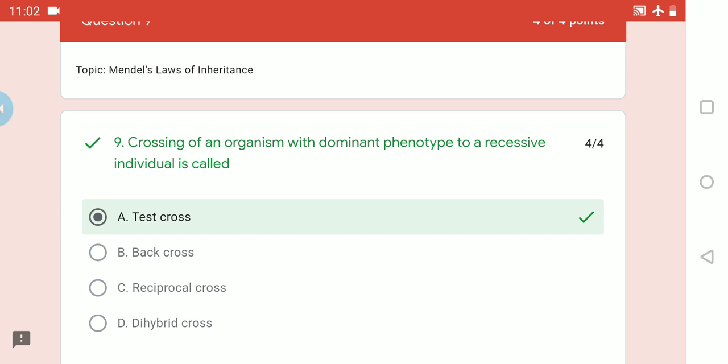So when we take the example of tall and dwarf, we conduct the test cross between capital T small t and small t small t. That's what we call a test cross. Did you get it? The dominant, meaning heterozygous dominant capital T small t, is a hybrid. When we cross it with the double recessive, small t small t, what are the possibilities? Half will be tall and half will be dwarf. That is 1:1. Okay? It's clear, right?